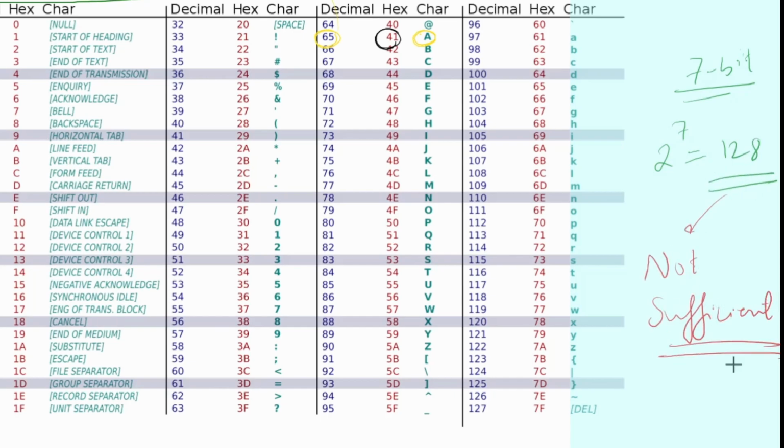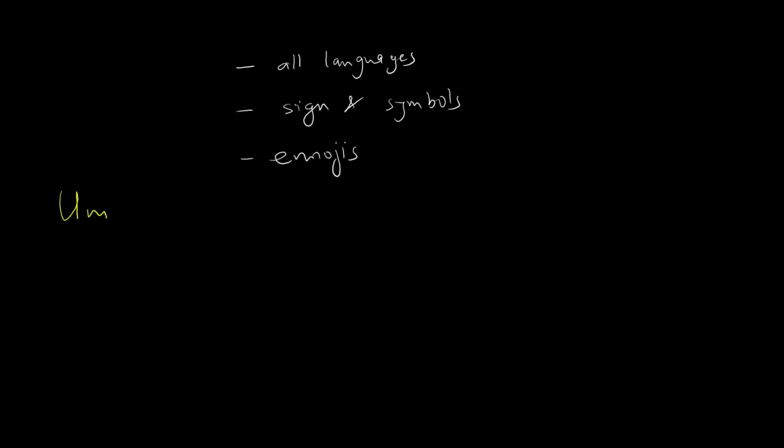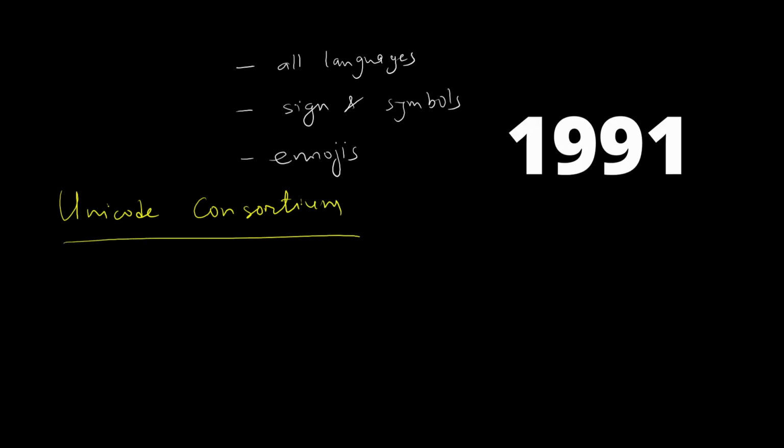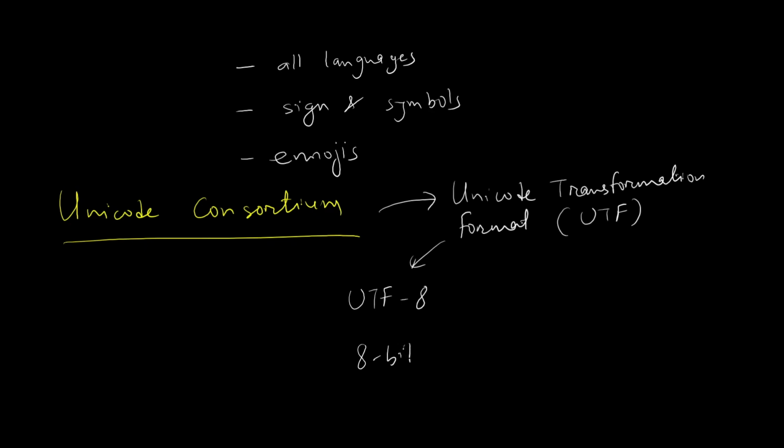128 symbols are not enough to cater to all the symbols that are used worldwide. So, to accommodate codes of all living languages in the world, signs and symbols, codes for emojis, etc., the Unicode Consortium proposed the Unicode standard in 1991. The Unicode standard defines Unicode transformation formats UTF: UTF-8 having 8-bit long code, UTF-16 having 16-bit long code, and UTF-32